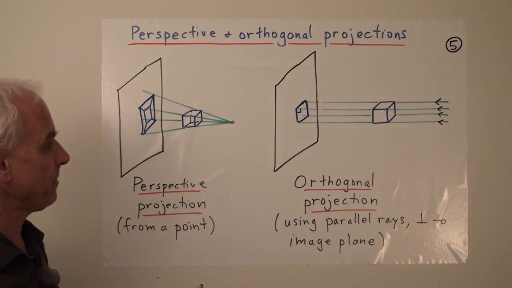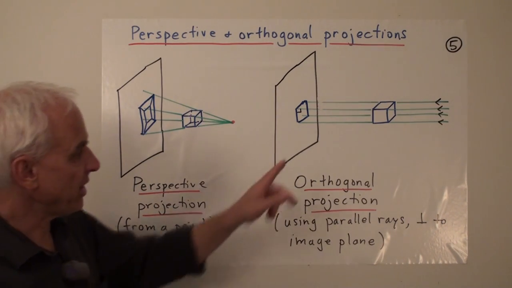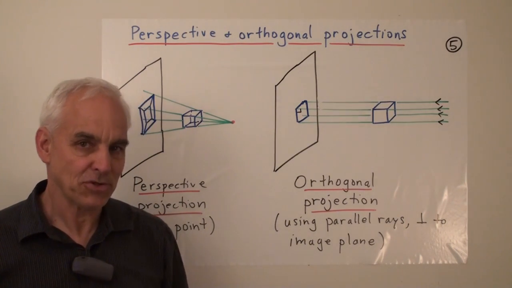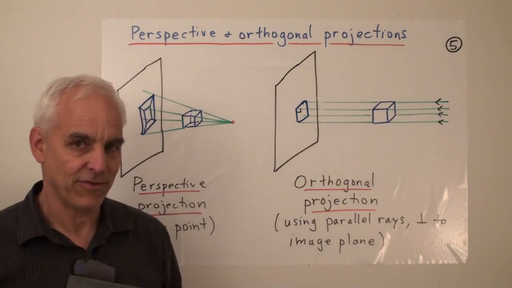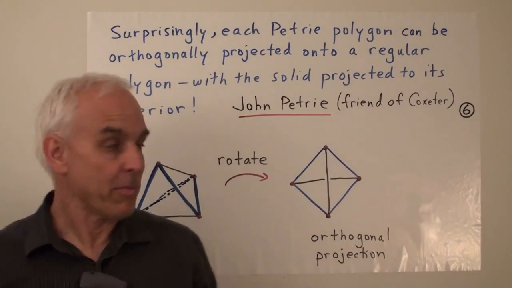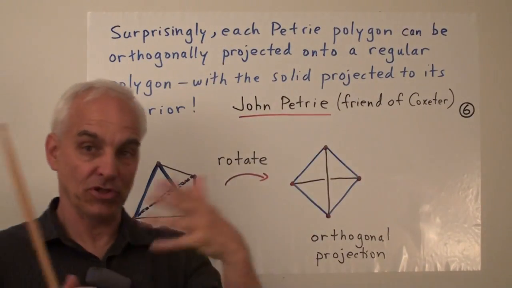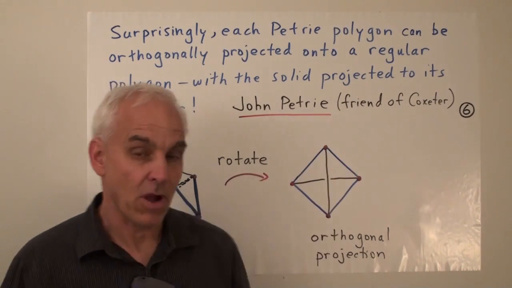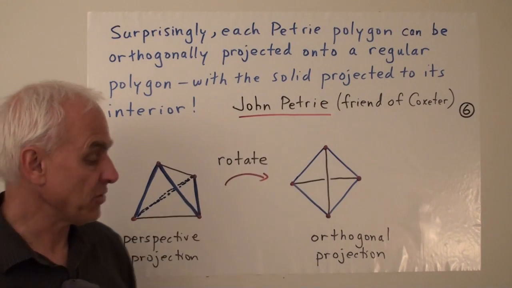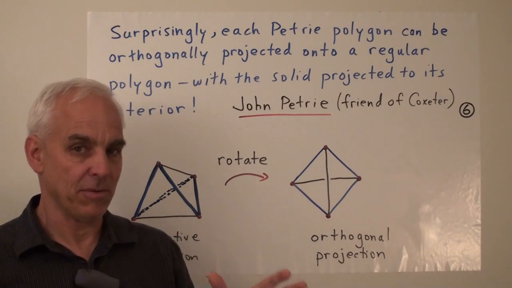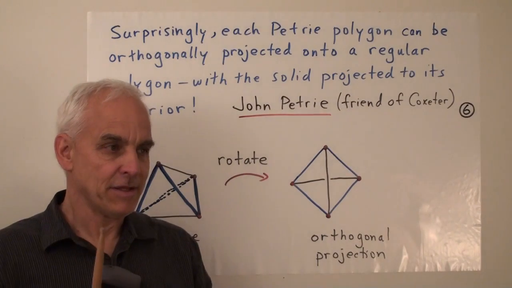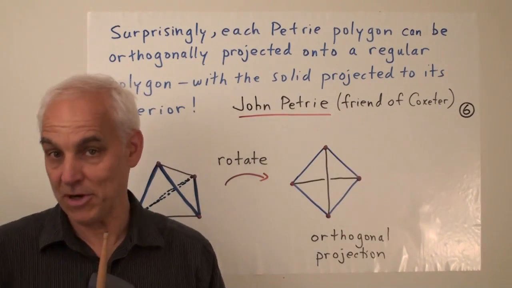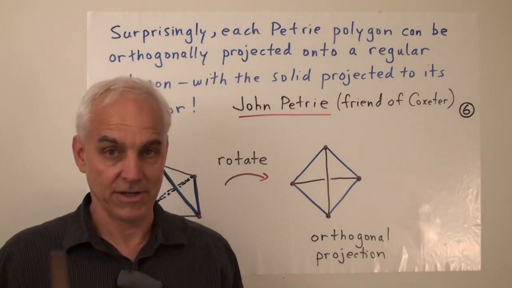to the image plane. And it's actually these kinds of projections for which we can say something rather interesting about the Petrie polygons. So let me say a little bit about John Petrie, who was the first person to investigate these Petrie polygons. He was actually a good friend of Harold Coxeter, and they did some very interesting work together, which maybe I'll tell you about at some point. They actually discovered some sort of infinite, non-bounded analogs of the Platonic solids. Very big surprise to everybody.